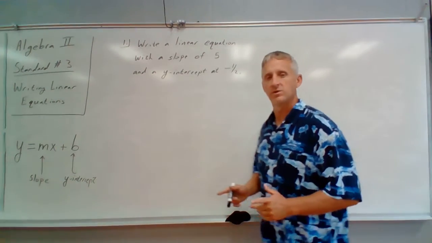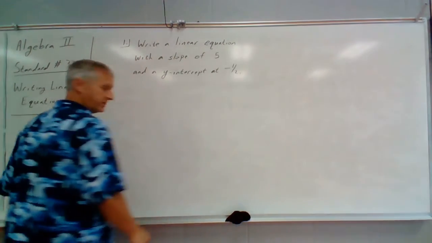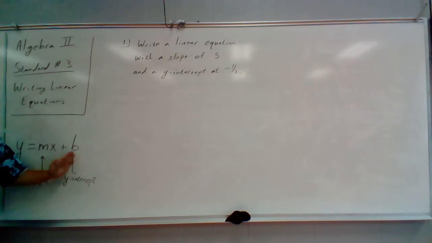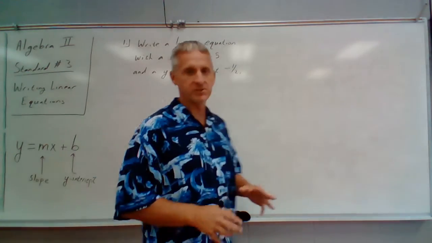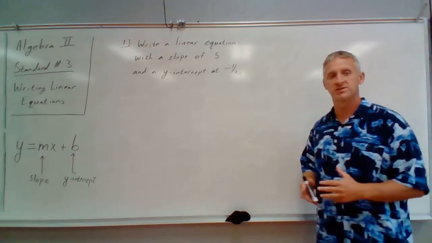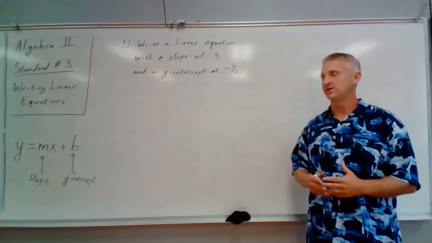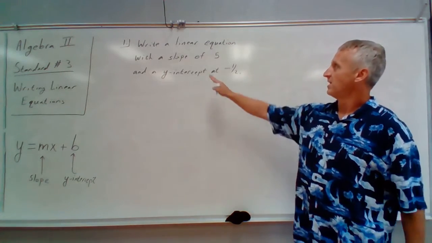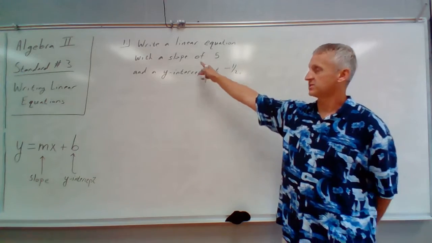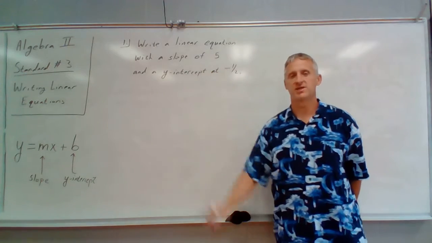All right, so recall that the general linear equation can be written y equals mx plus b, where m is the slope and b is the y-intercept. So what we're going to do now is write linear equations of lines with given characteristics. So for example, our first example, let's write a linear equation with a slope of 5 and a y-intercept at